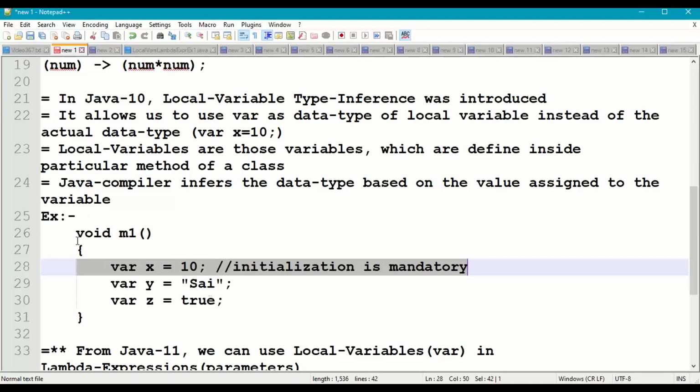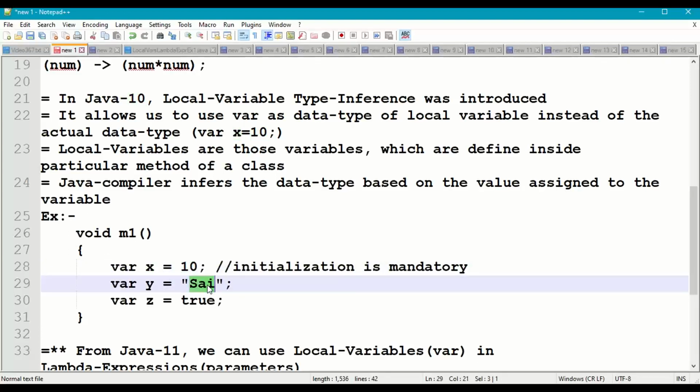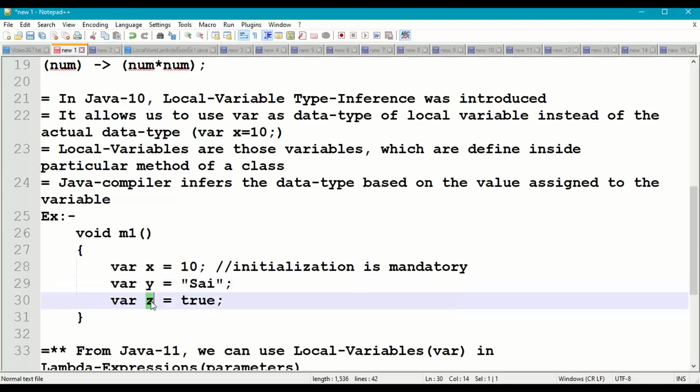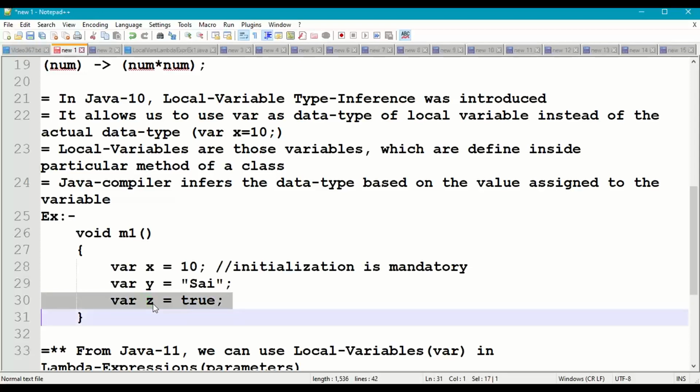Initialization is compulsory here. 10 is an integer, so the data type of x is int. Var y = "psi", psi is a string, so the data type of y is String. Var z = true, true is boolean, so the data type of z is boolean.